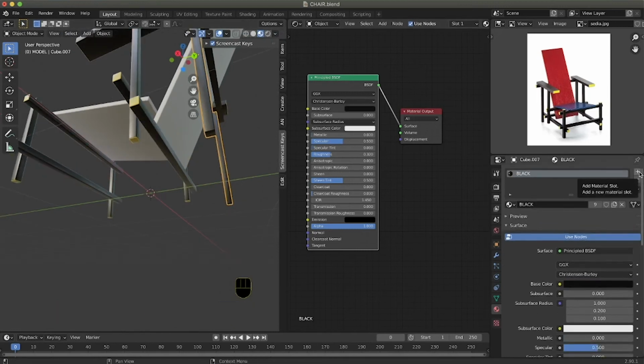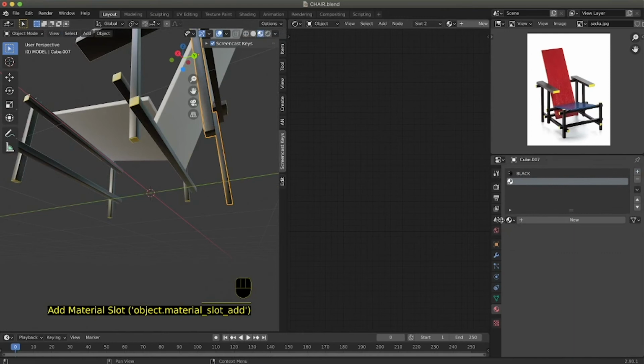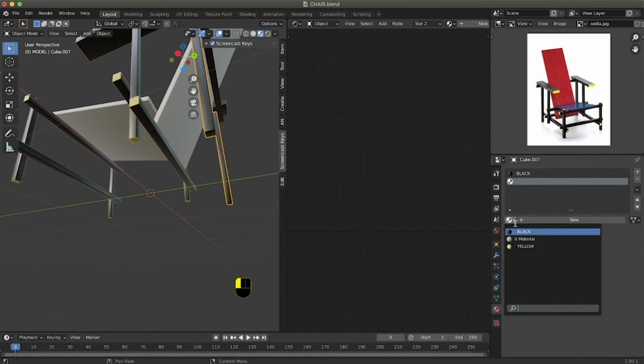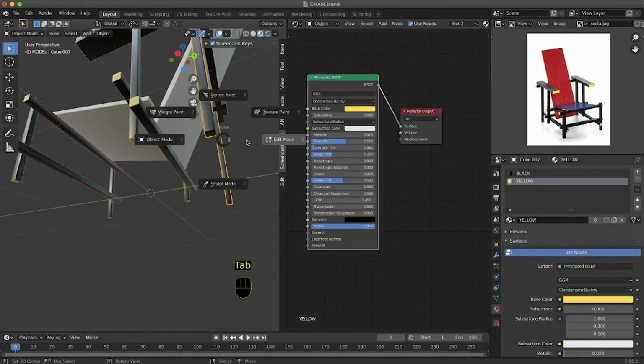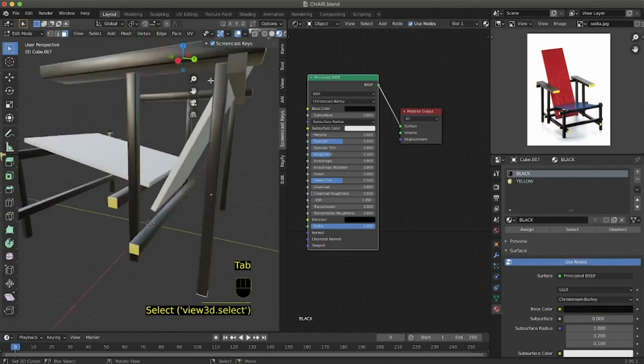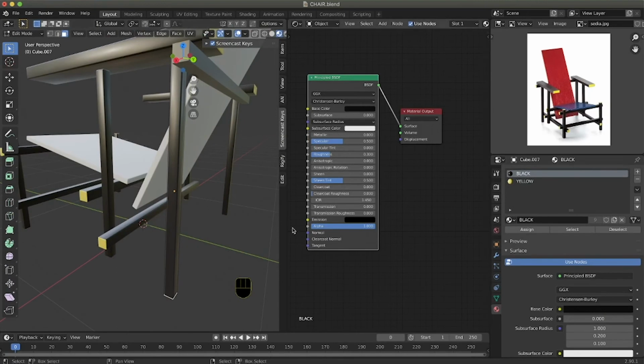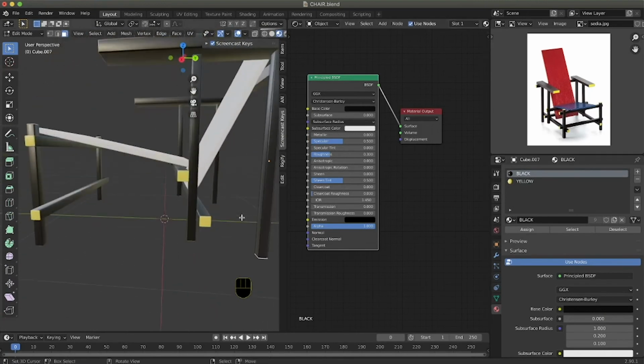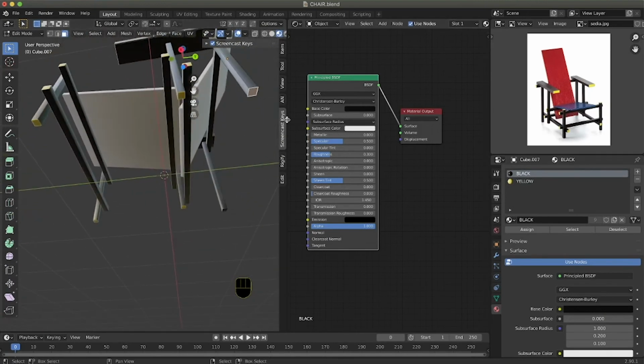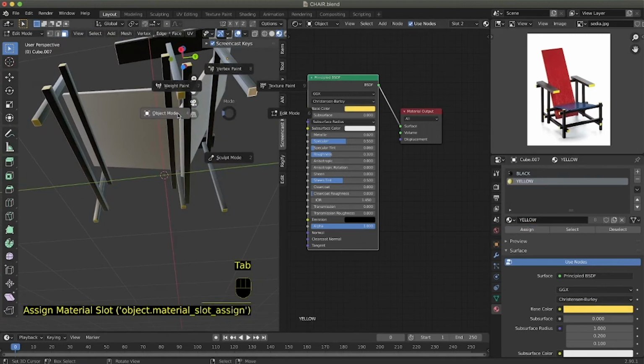So yellow, and then we enter into edit mode, we select this one, and the top part doesn't really touch anything, so actually in this case the bottom part touches the floor, but yeah, out of precision we do the same.